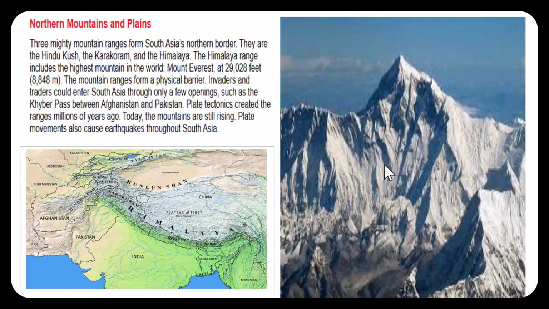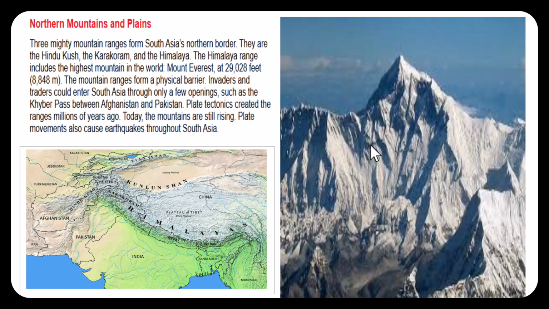Northern mountains and plains. 3 mighty mountain ranges form South Asia's northern border. They are the Hindu Kush, the Karakoram, and the Himalaya. You can see those on this map here. The Himalaya range includes the highest mountain in the world, Mount Everest, pictured here, at 29,028 feet. The mountain ranges form a physical barrier. Invaders and traders could enter South Asia through only a few openings, such as the Khyber Pass between Afghanistan and